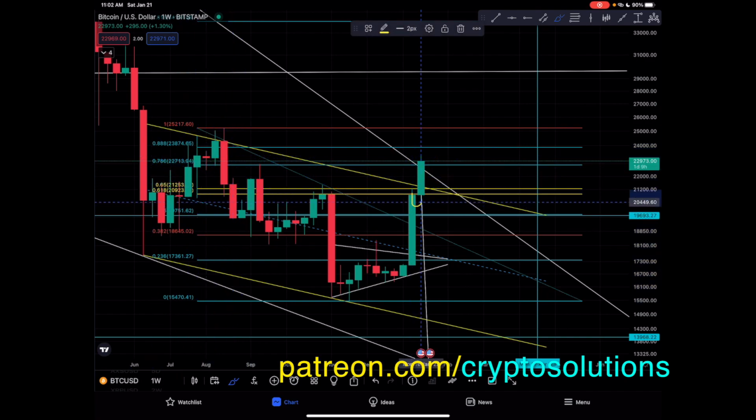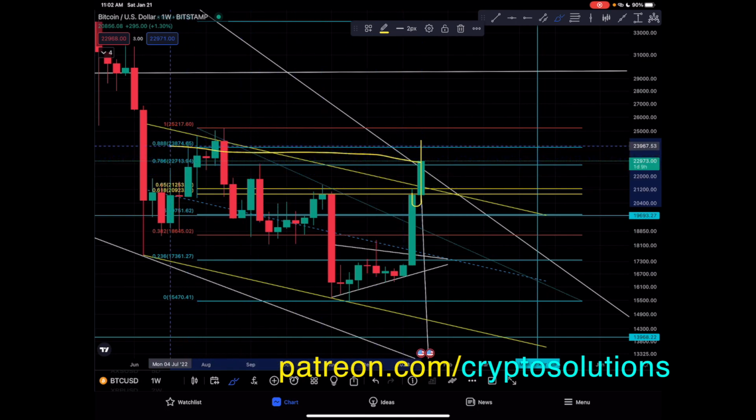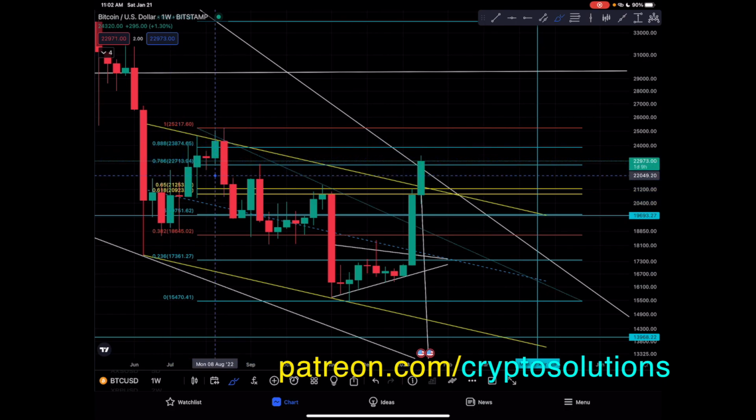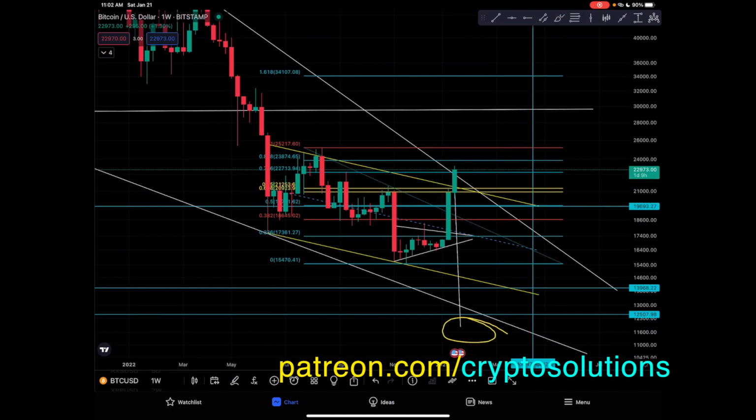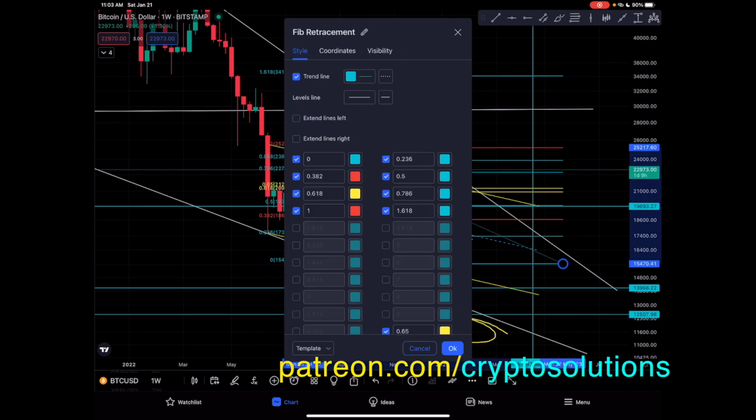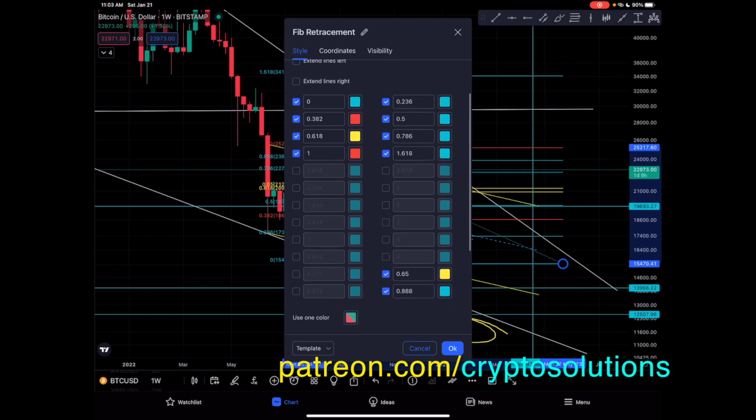And then next weekly body candle close, boom, came above. At this moment, the body candle close for this weekly body candle close is coming above this 0.786 Fibonacci retracement. That is around $22,713.94. This is the scenario where I'm seeing that if the Bitcoin price can confirm this, then the Bitcoin price confirms a reversal and also can confirm a bottom scenario. So I'm gonna explain to you guys how this will work.